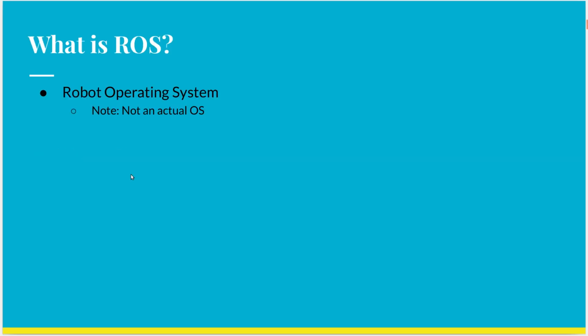So I'm sure everyone here asked this question, what is ROS? ROS actually stands for Robot Operating System, and the first thing that you need to know is that it is not a full-fledged operating system. The best way to describe ROS is as a middleware that provides message passing services. Now there are two parts in that statement that we need to understand, middleware and message passing. We'll try to understand both of them in detail.